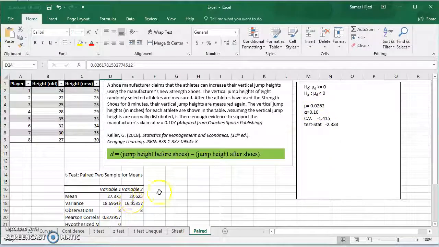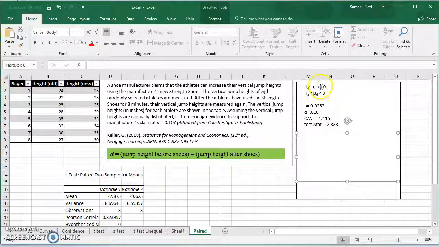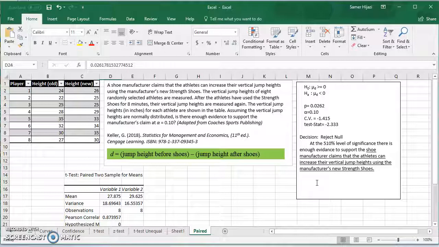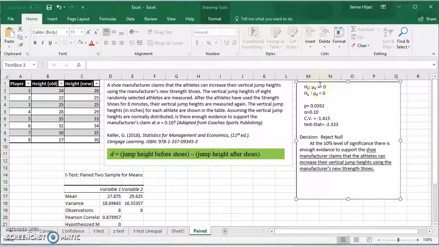So based on these values that we get from the test, we can see that the decision would be to reject. Rejecting the null means we have enough evidence to support the alternative, and the alternative means negative. Mu D is negative, which means it's the claim, because negative was increasing the vertical jump, and that's why we got mu D negative. So based on that, we can say that at the 10% level of significance, there is enough evidence to support the shoe manufacturer claims that the athletes can increase their vertical jump heights using the manufacturer's